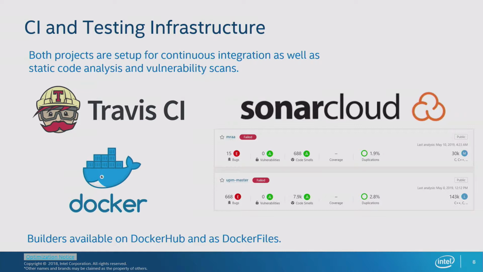And we use Docker builders. Docker offers a really flexible solution for us, and it was very easy. We also make those available as Dockerfiles. You can get those from GitHub if you want to. Basically, you build that, and you get the same environment or tool chain that we use in our own CI systems to build and test the library. You're ready to go just by getting one of those Dockerfiles. You can also get the binaries through Docker Hub, as images right away.